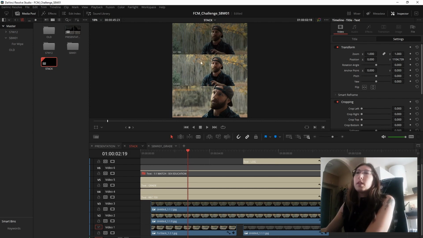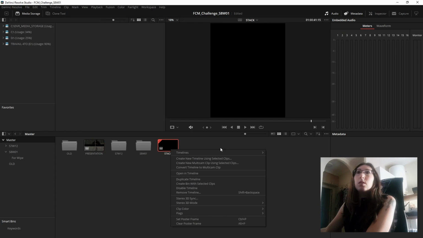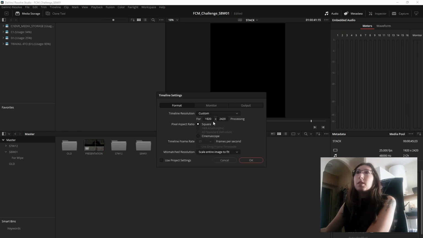So for your try stack, just start by uploading whatever still you want, and basically you just create a timeline that's 3 times the height. If you want to change that, it's just in timeline settings, and basically I just change that. So I would have